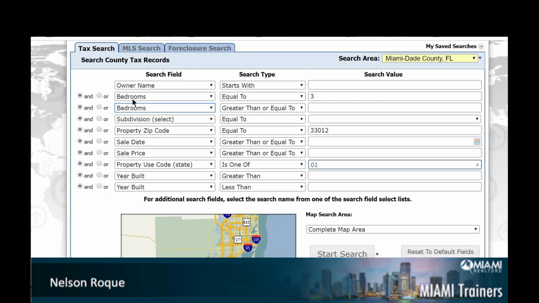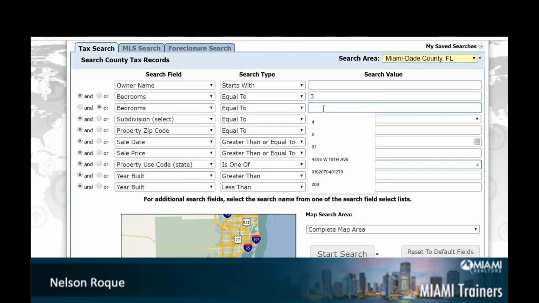Notice how the word is one below the other, and guess what? That's when you put the little dot where it says or. Should I leave the operator with the words greater than? I hope not. I hope you change it to equal. Now the program understood that you're looking for a house in that particular zip code that has 3 or 4